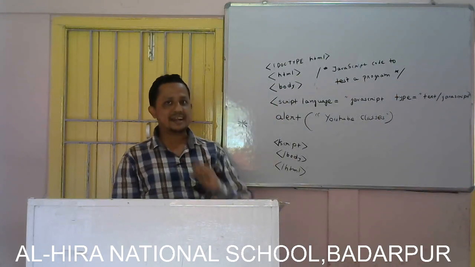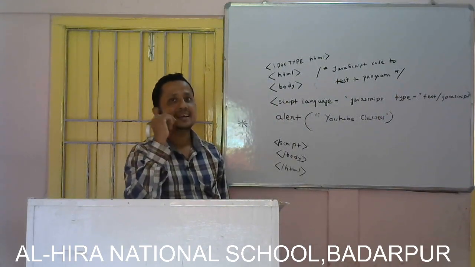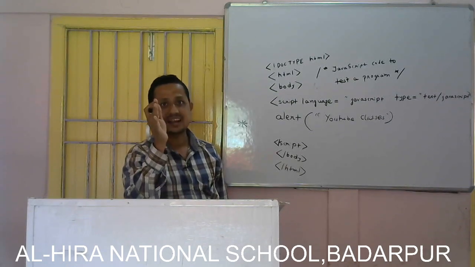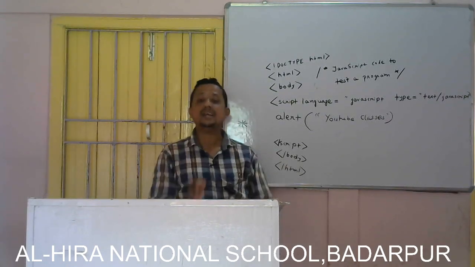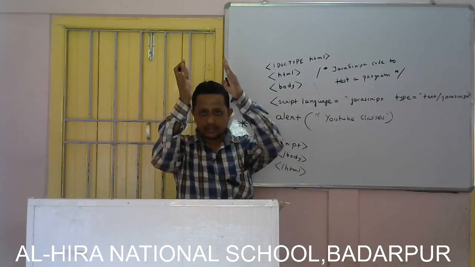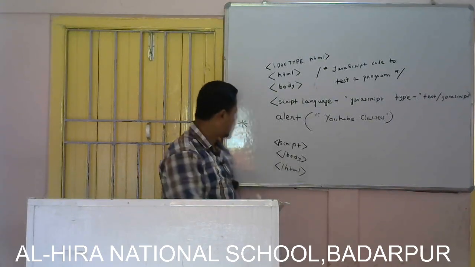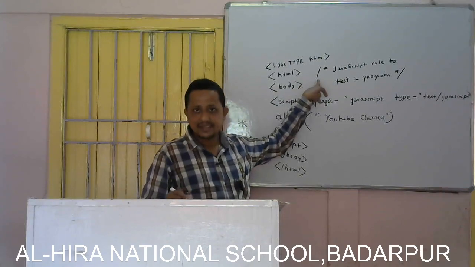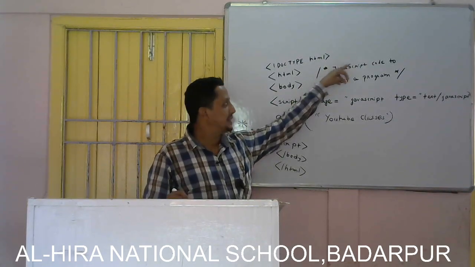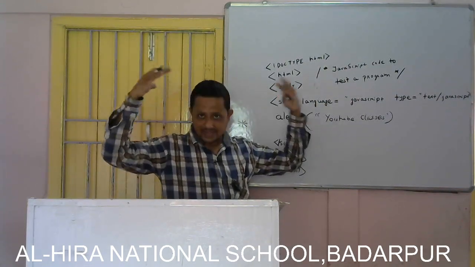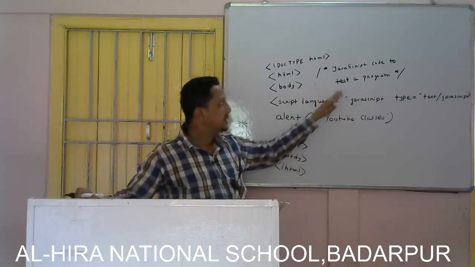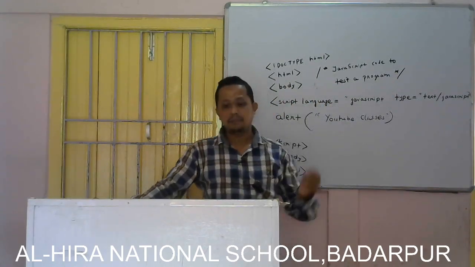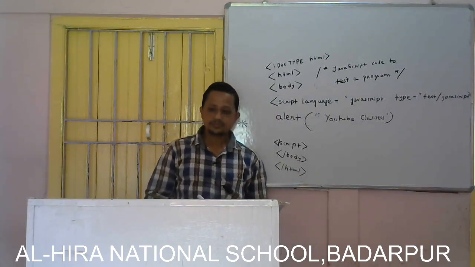So I think you understand there are two types of comments: single line comment and multi-line comment. A single line comment consists of only a single line, and it is given with a double slash. The multi-line comment starts with a slash and asterisk. Then we can have two lines, three lines or more, and we close it with an asterisk and slash. This is known as a multi-line comment.